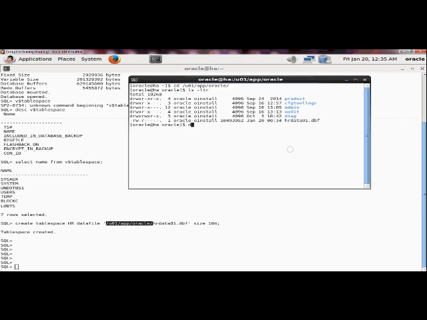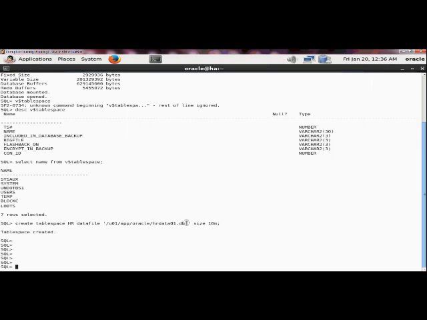If you see the size of this, it's 11 MB. You put 10 MB, but depending upon the block size it became 11 MB. So what does it mean? Your datafile size is 10 MB, means your HR tablespace size is 10 MB.